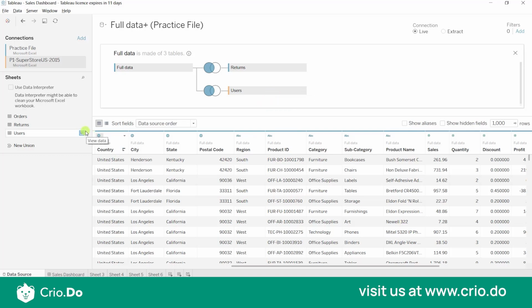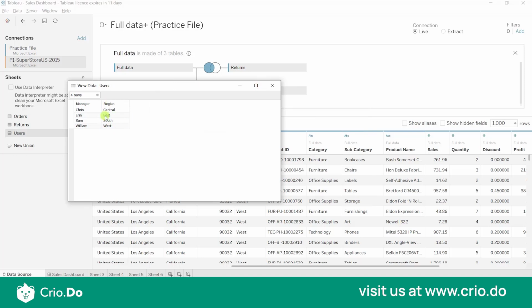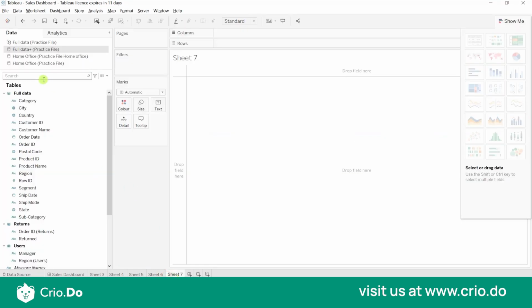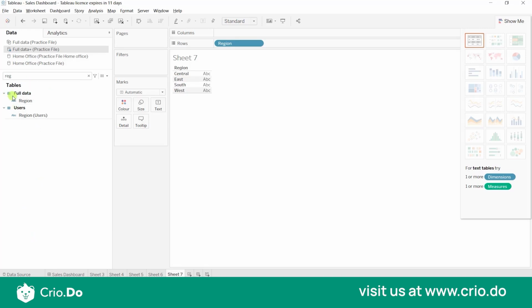If you want to look at how a user's data looks, see here, we have region and we have the manager for that region. If you go inside, we will get a new column with the name manager. Let's check region. We are taking the region from full data and the manager from the user's data. Let's see how it is going to blend. So if you see here, the joined data came up, and I can see the region's manager. I can take the region from the first one and I can see who is the manager for that particular